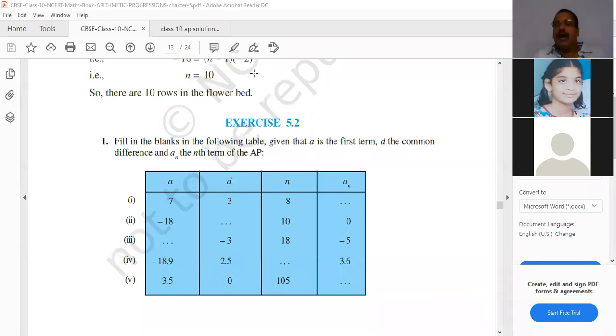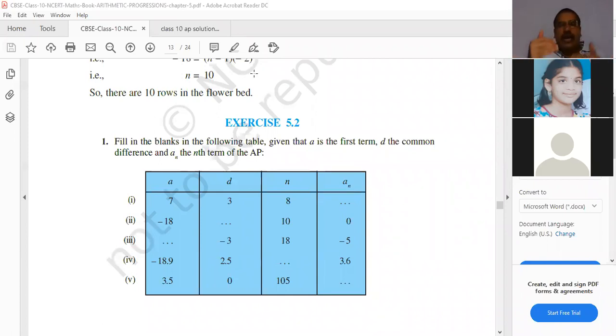In that sentence only you get confused. One more sentence I'll tell. We already have only 3 minutes of time. Tomorrow you can start 5.2. The sum of the 7th term and 9th term is 40. That is A7 plus A9 equal to 40. A9 means A plus 8D, plus A7 means A plus 6D, is equal to 40.